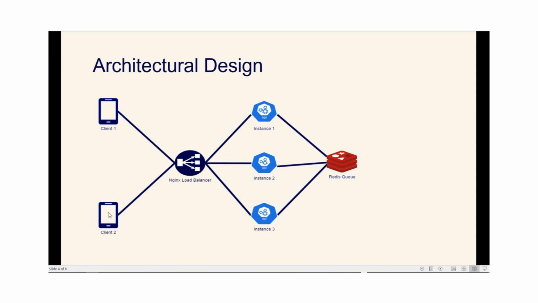Same if client 2 connects to this Flask server, this connection will also last for a very long time. Ideally, we can say it will be permanent. It will be a permanent connection, right? So once there are permanent connections between client 1 and our Flask server, and client 2 and our Flask server,